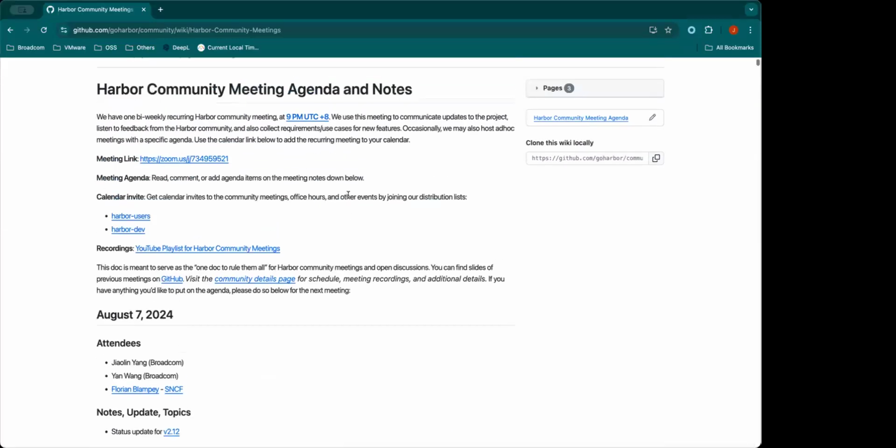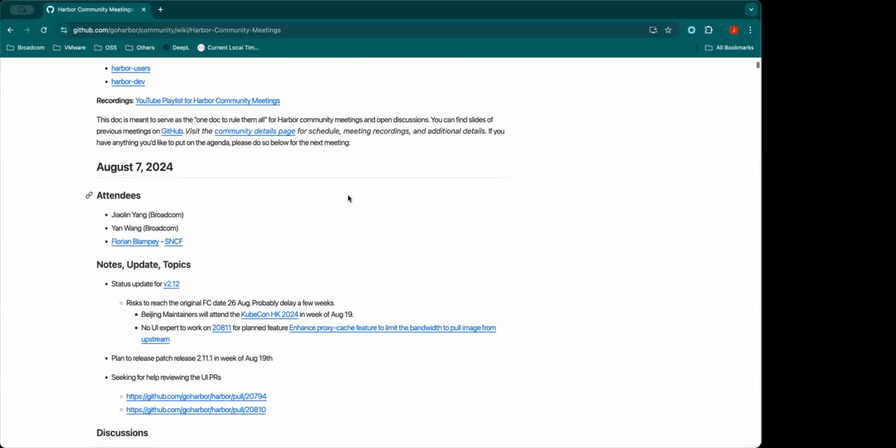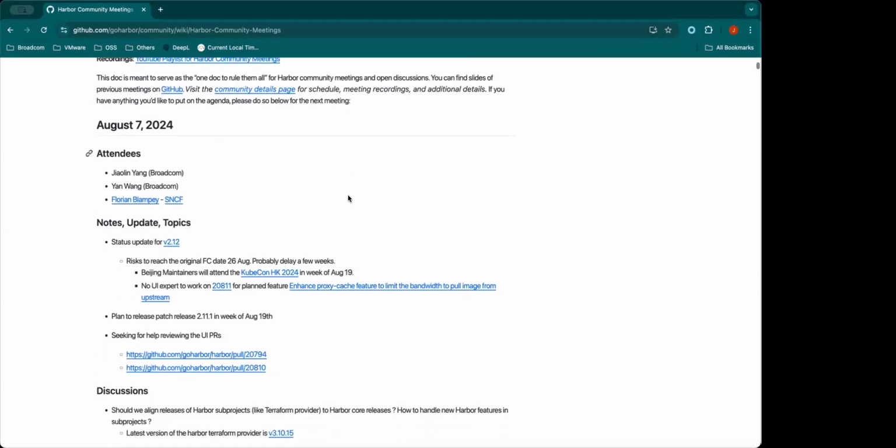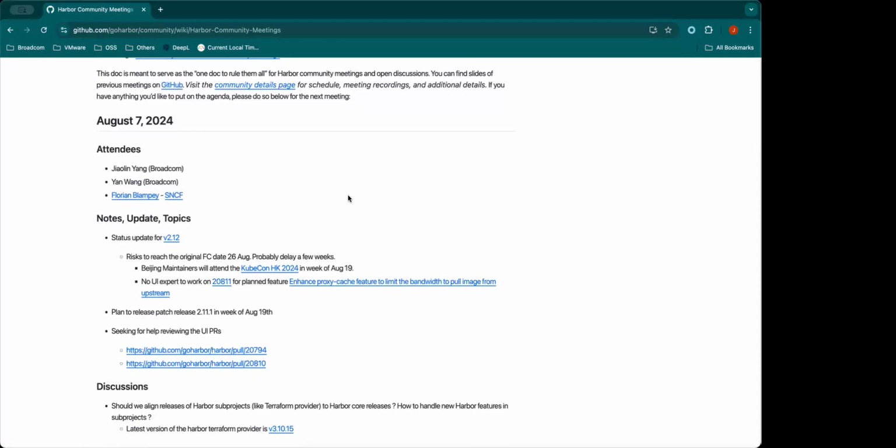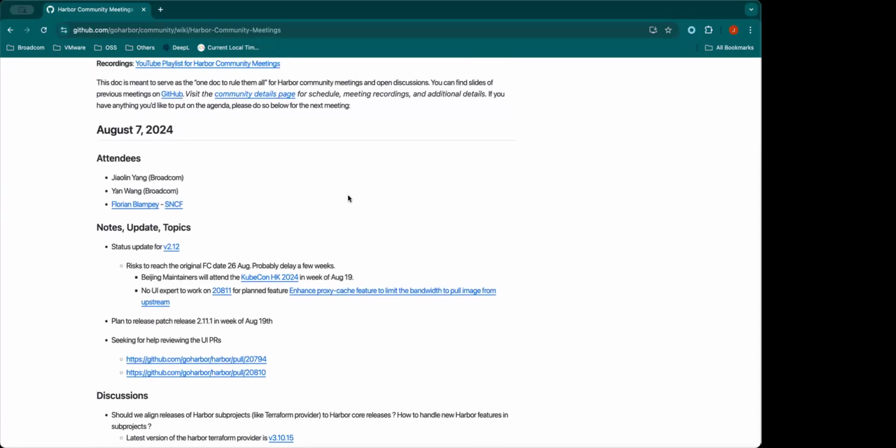Okay, so I think we have a few topics here. The first two were added by me. I would like to update some Harbor release status for 2.12.